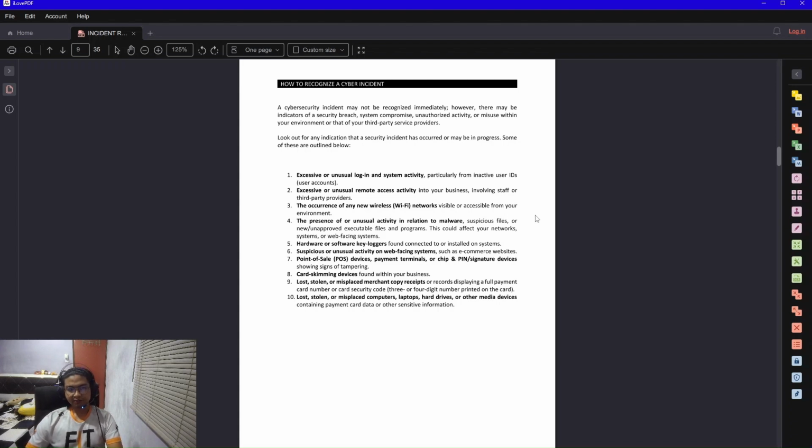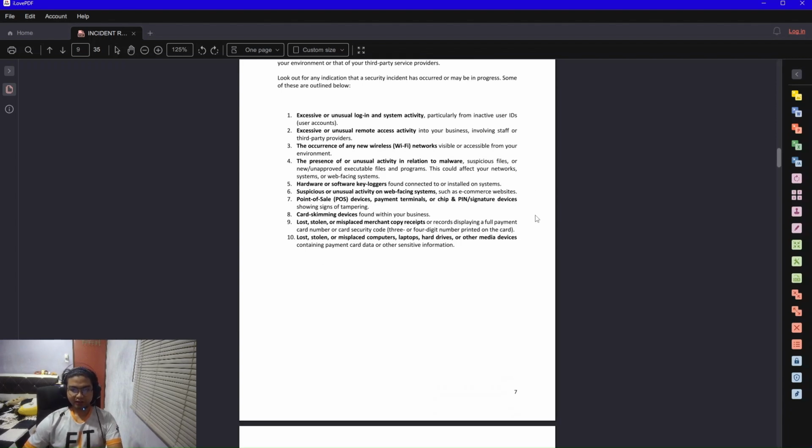Some of the indicators are excessive or unusual logins, excessive or unusual remote access activity, the occurrence of any rogue Wi-Fi networks, the presence of or unusual activity in relation to malware, hardware or software keyloggers, which can be found connected to our system, suspicious or unusual activity on web-facing systems, point of sale (POS) devices, payment terminals or chip signature devices when they show signs of tampering, or